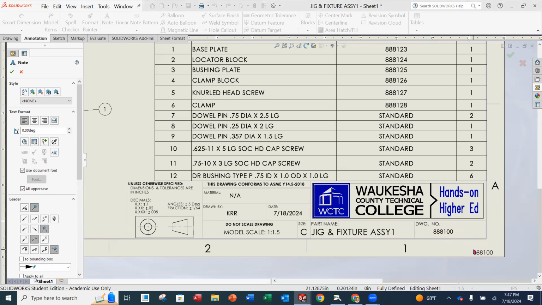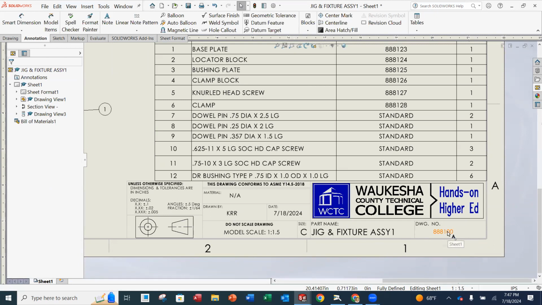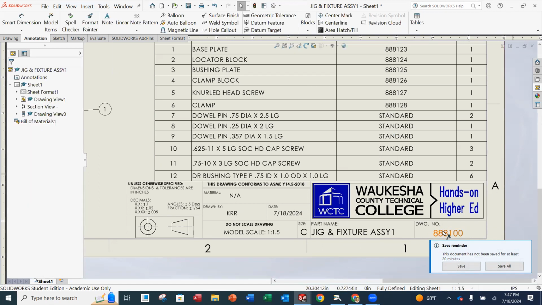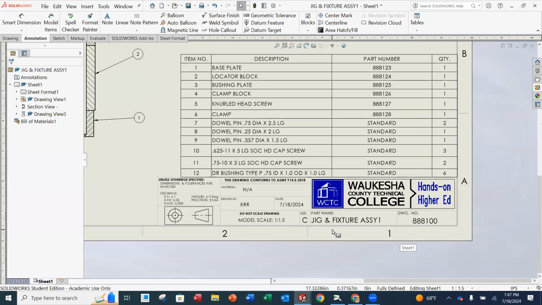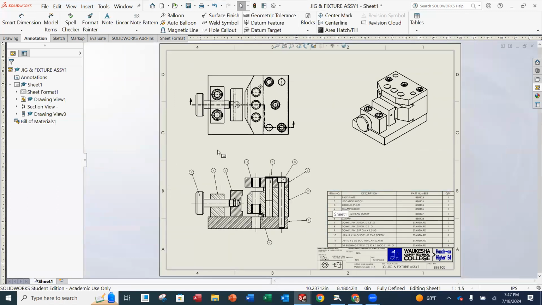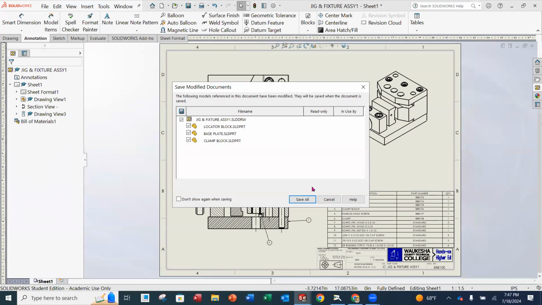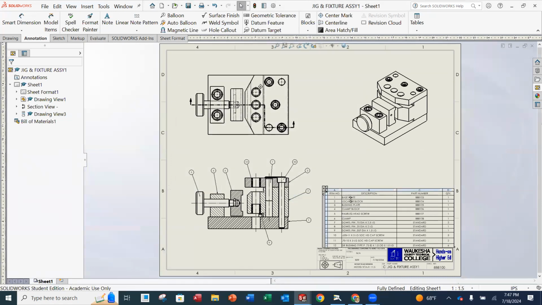Okay, now in this case, it always does a 12 for the size of the text. I'm going to double click this. I like the drawing number to be a little larger. If you don't do this, it's not a big deal, but then it kind of matches the part name size as well. So I'm going to do an F for fit. I'm going to do a file, save. And as I look at it, I think it looks really good. Okay, there's our